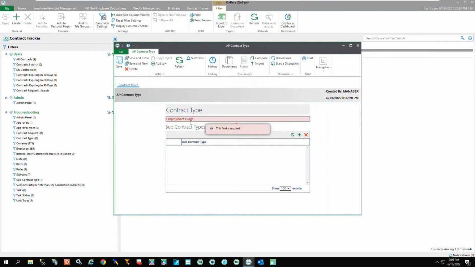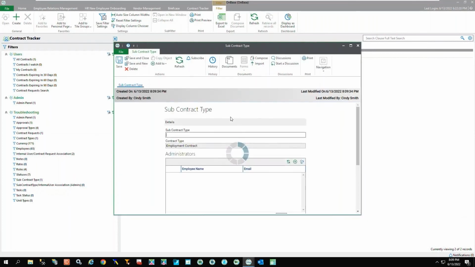So I'll just type in a random example here and then test adding a subcontract to it. It opens up another view and I can add in a subcontract type. And then you can also add an administrator.